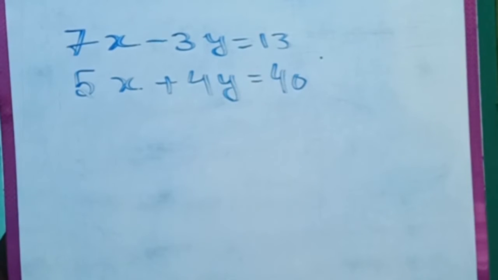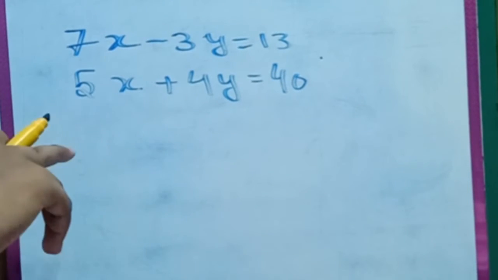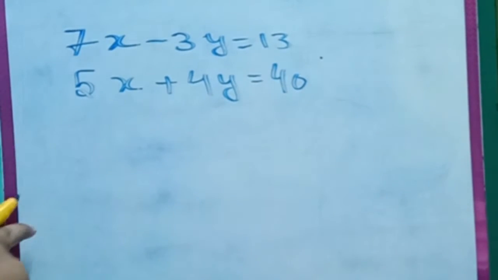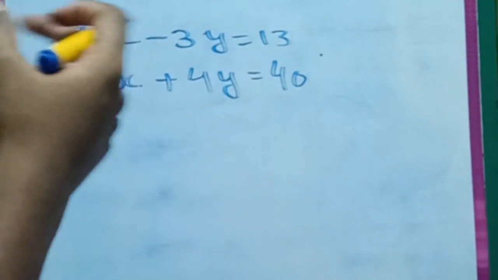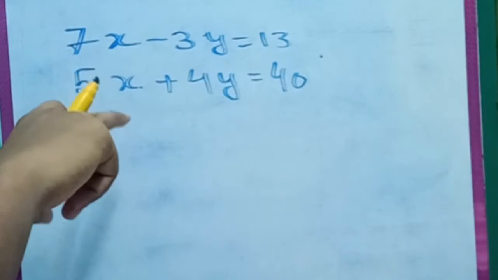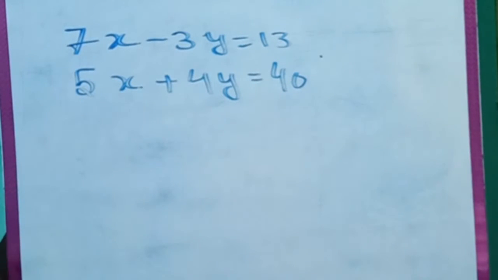You will go with the traditional method. So you will equalize the two equations, then you will cancel one variable, then you will substitute, find one variable's value, then substitute that value in the other equation to find the next variable. So friends, it's a big headache. Don't go for it, right? As far as the exam is concerned, you need to be really quick, and you have to solve these questions within 30 seconds. With the traditional method, it is really not possible. It will hardly take 2 to 3 minutes, and that's a very bad time.